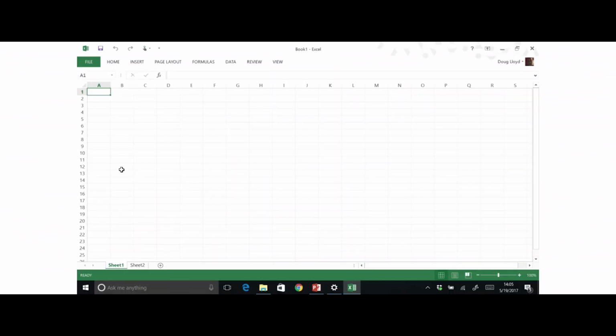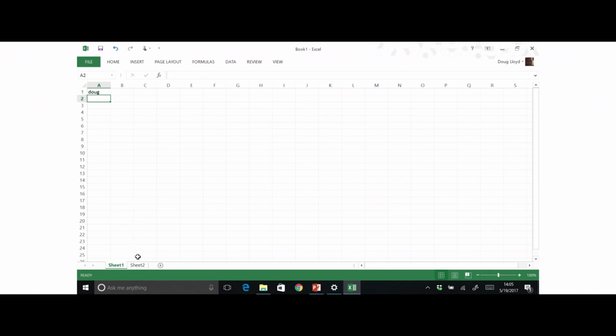So on my screen here, I've opened up an Excel file. And across the top here, you see I have these letters, A, B, C, D, E. These would be different columns in my file. Down the left side, I have numbered rows where I might put information. So for example, I might just put my name here in cell A1. So it's in the A column in the first row.